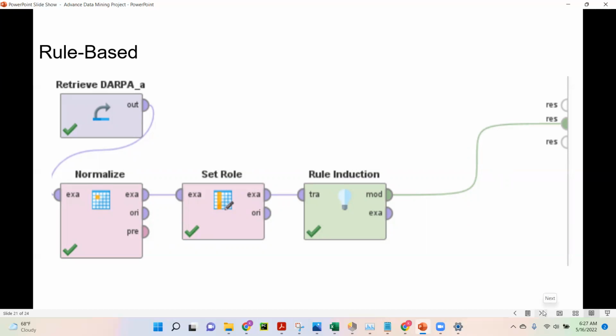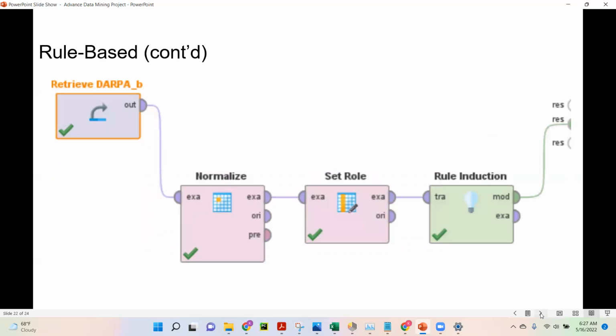You retrieve the data set, you normalize it, and then set a label, and then from there you would use rule induction. And then on the next slide is just an example with data set B. And then on my third slide here are my results